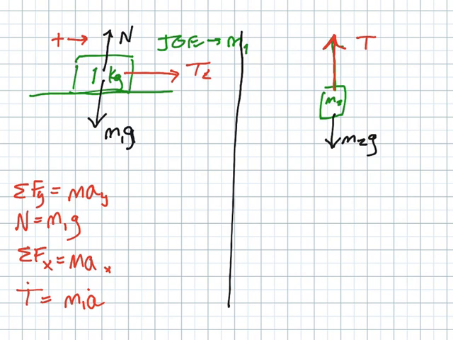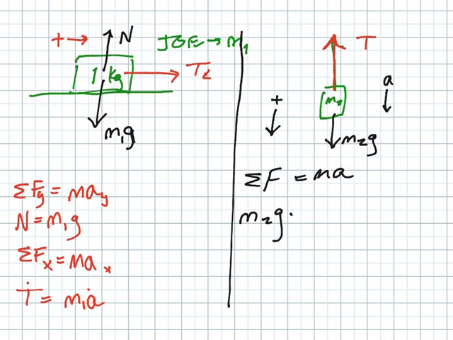Now, I'm going to write Newton's second law for this thing. So the net force on this is equal to its mass times acceleration. For this problem, I'm letting the positive direction be whichever way each of these guys is accelerating. So for this M2, I'm going to call down positive, because I know it's accelerating downward. Yes, it will be, but it's not in free fall. So with down being positive, net force is expressed as